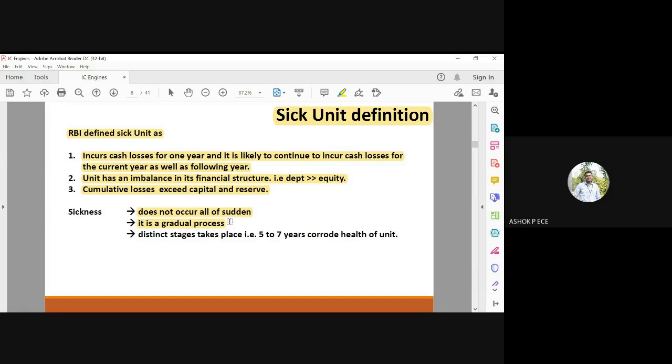It takes 5 to 7 years to corrode the health of the unit. So you have to assess the institution for a minimum of 5 to 7 years. Then only can you say whether the unit is going to be sick or healthy, because with 1 year you cannot come to a conclusion. So observe the unit for 5 to 7 years and see what the financial status can be after 7 years. If you feel that the cash flows are going to be lost for the last 3 years and the above 3 points I said are going to be satisfied, then you can classify them as a